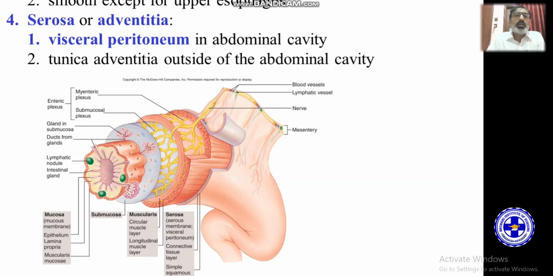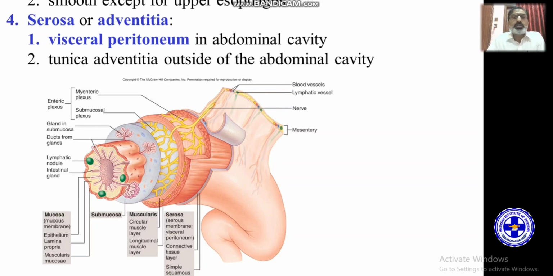The muscularis, in all parts of the GI tract except the stomach, has two layers. One is circular and the next one is longitudinal, and all are composed of smooth muscle except the upper part of the GI tract, which is made of skeletal muscle. And next, serosa and adventitia. Serosa, again, you take into consideration the abdominal part of the gut, which is covered by the visceral peritoneum,